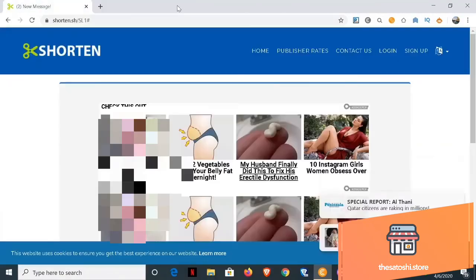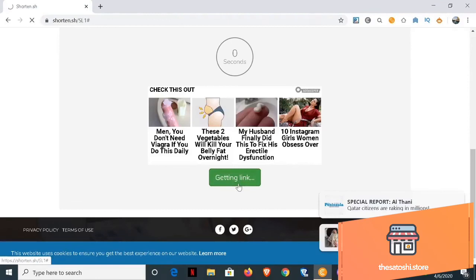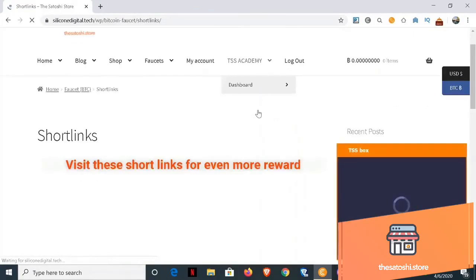I think this will have pop-ups though. Yeah, this does have pop-ups. So that's pretty much it actually, because this is what they basically do all the time. This is what every procedure is. Okay, so I'm back on the website now.